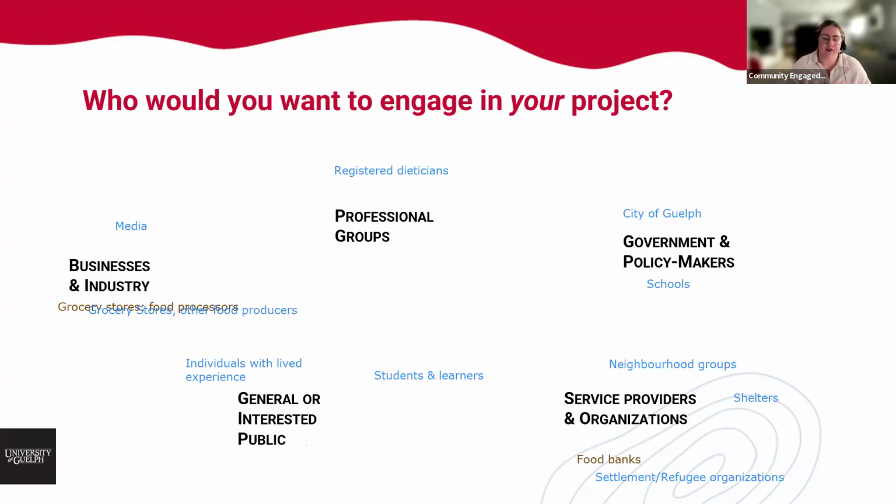And just learn some more. You can, of course, read research reports, news articles, opinion pieces, blogs. So thinking again, who's writing them, who's mentioned in these pieces. You can follow key figures in the issue. Once you've identified those people, you can follow them on social media, attend events, either virtually or